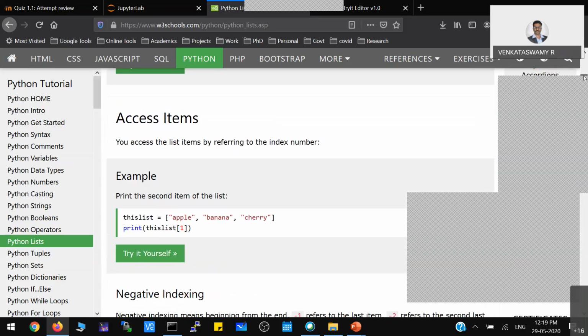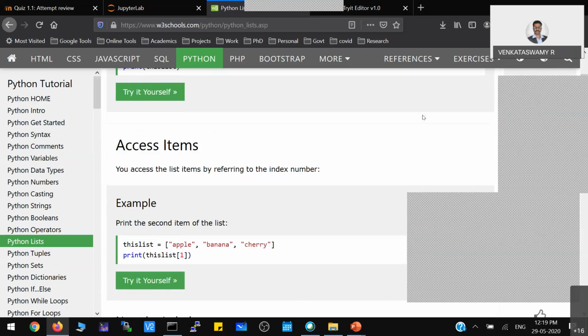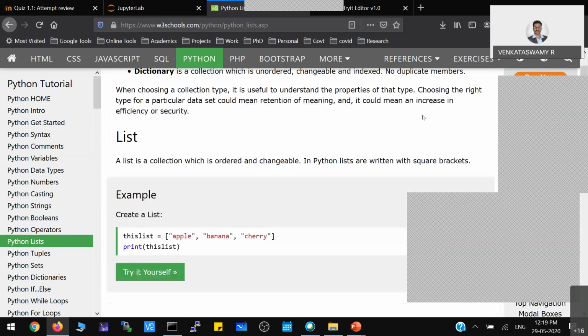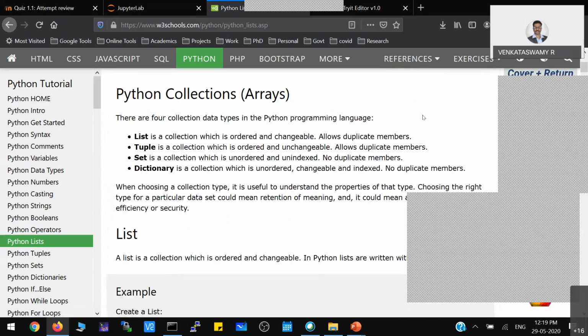Ultimately, after this course, you should be in a position to take up any project in Python. That is the broader objective. Just learning basics in conventional style will never be useful, so that's why we are using this pedagogy.